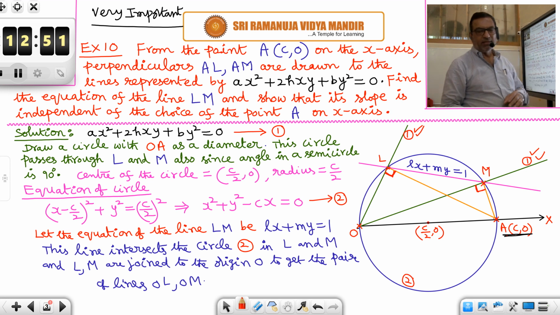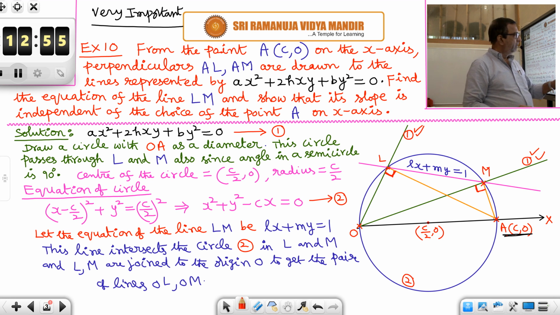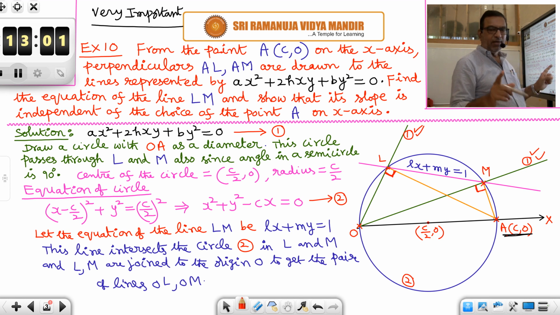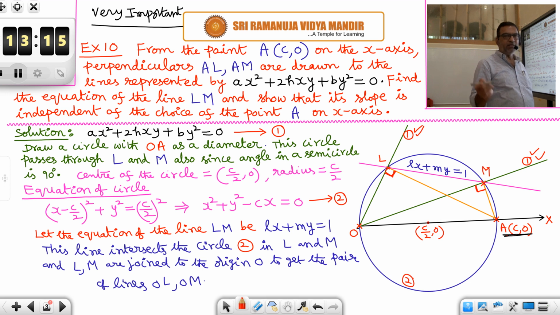So you have some methods in straight lines to find the foot of the perpendicular. Find the foot of the perpendicular to the first line. Find the foot of the perpendicular to the second line. So L, M are obtained. Then using the two-point formula, you find the equation of the line LM. This is a very lengthy procedure, and moreover, if the individual lines have irrational coefficients, then it will be still